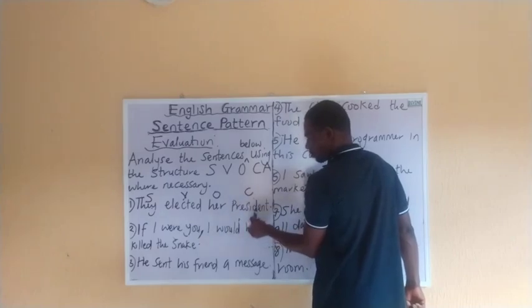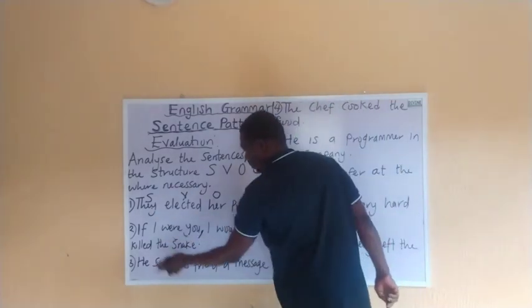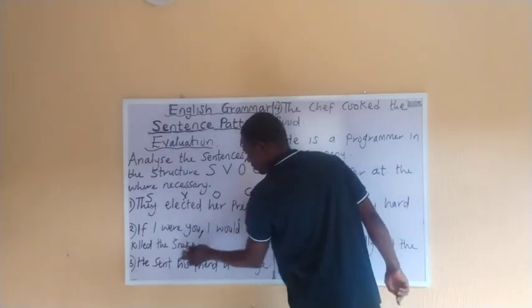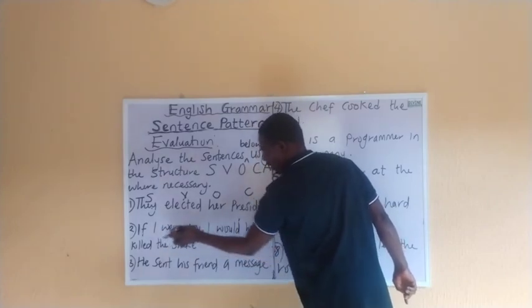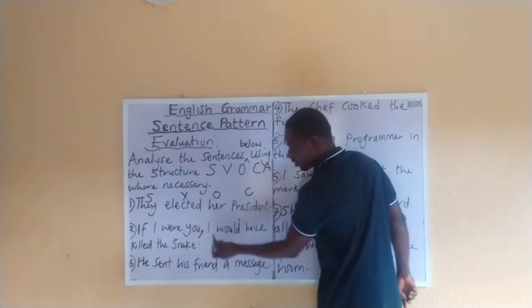So, complement of the object or object complement. Number 2, if I were you, I would have killed the snake. If I were you is an adverbial clause of condition. And take note, if you look at it very well,